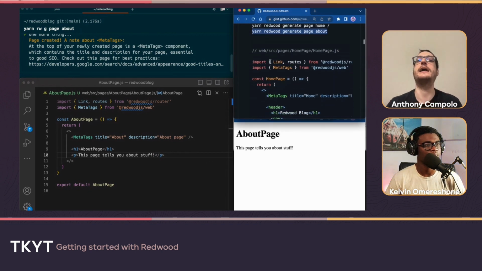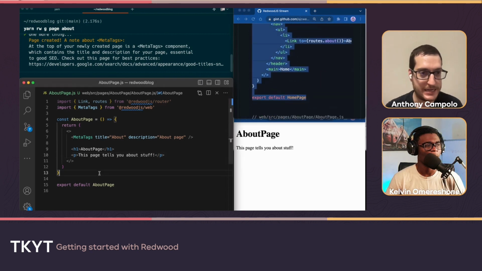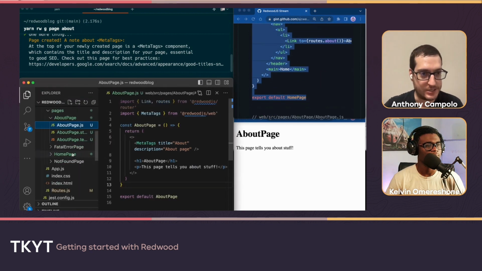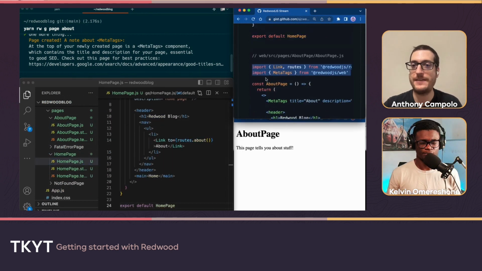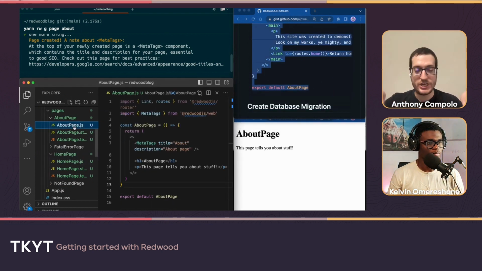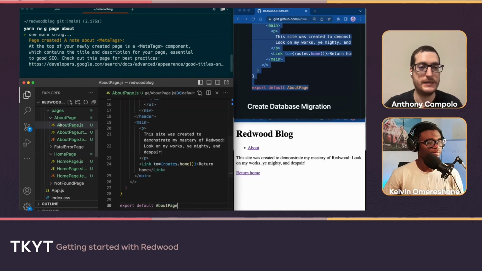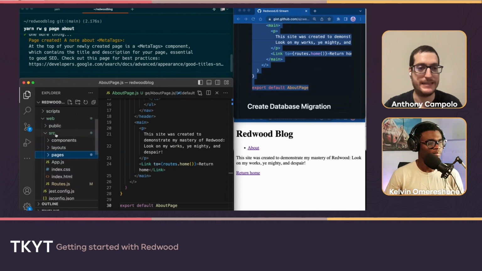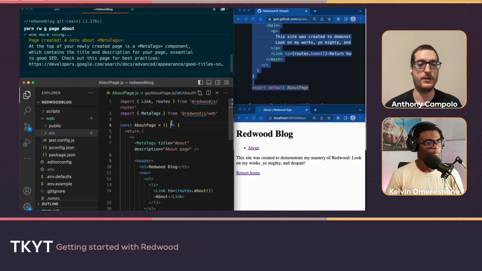Now at this point, for the tutorial, you'd usually then go into layouts, but those are not really that interesting. And just for the sake of time and showing other features, I'm going to skip over that. The point of a layout is just to give you a persistent shell that can persist between different pages. So if you want to have a nav bar, then you can put that in your layout, and that will wrap around all your pages. But right now, I'm just going to have these two links right here, which will let us toggle back and forth between our about and our home page.